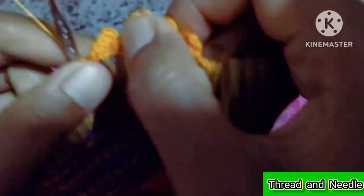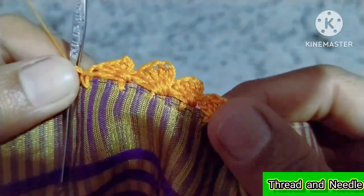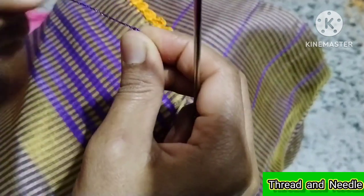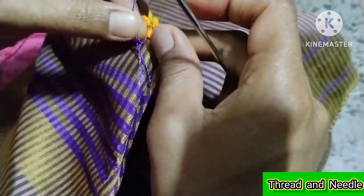So like this you continue the full round of the sleeves part. See, I have already worked and how it looks. See, first step completed. So now I am starting the second step. For the second step also I am using the same kamal kadai thread